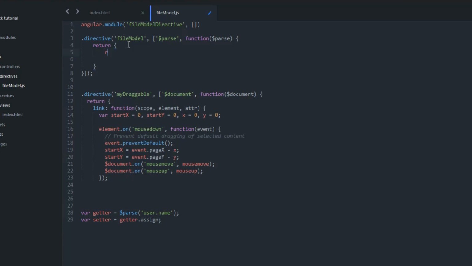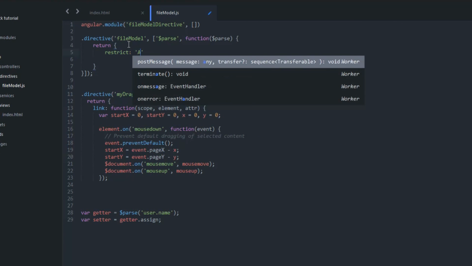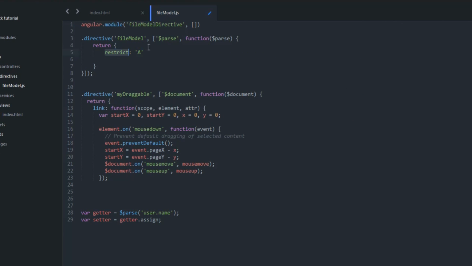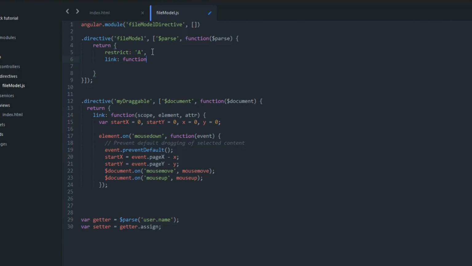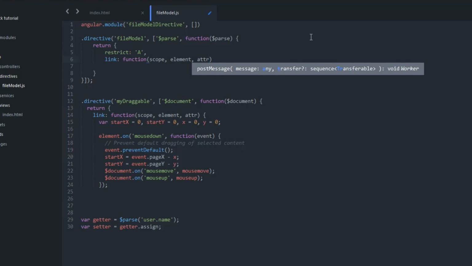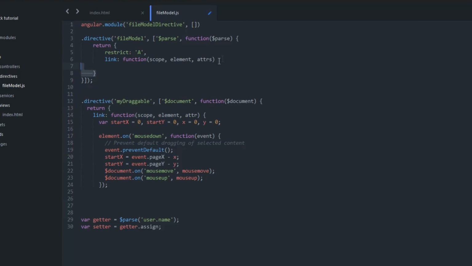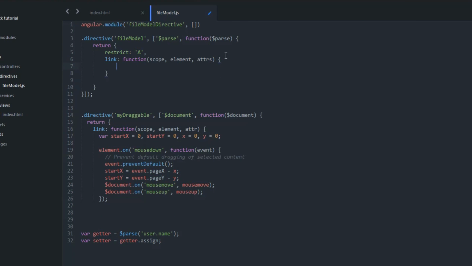Oh, actually, no, I want to restrict this to attributes, right? Because that's where we're using it. So to do that, you just use restrict: 'A', and then we're going to link the function. And then just like in the example below, we're going to pass in scope, element, and then attrs. I don't know why they have the R there. Maybe it doesn't matter. But anyway, so then we're going to create a